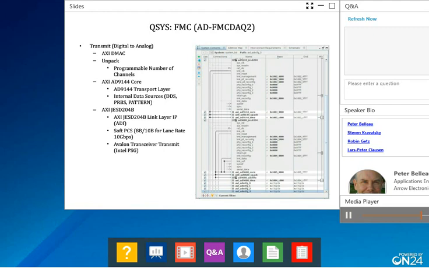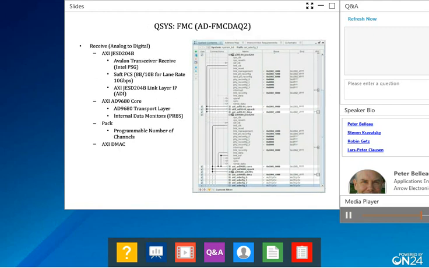Here we see the JESD204B receive portion of the reference design from the AD9680 ADC to the Arria 10 FPGA. It runs in the reverse order of the transmit path. ADC samples are received at the link layer by the AXI JESD204B receiver. They are decoded by the soft 8B10B decoder and then passed to the AXI AD9680 IP core at the transport layer. The samples from the selected channel are then packed into a data stream and DMA'd into external DDR system memory.